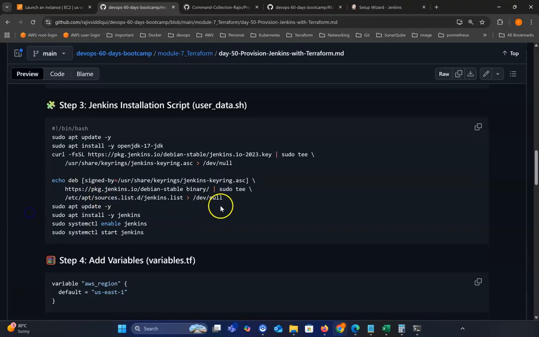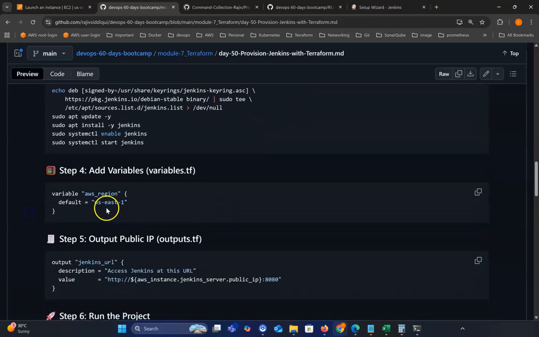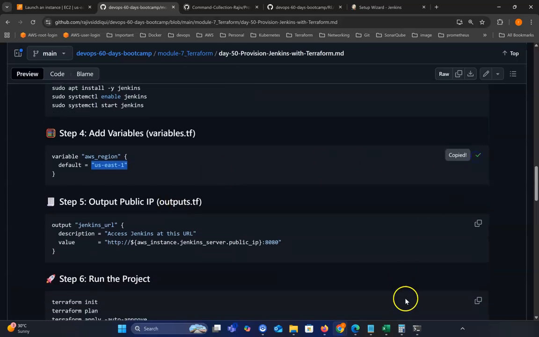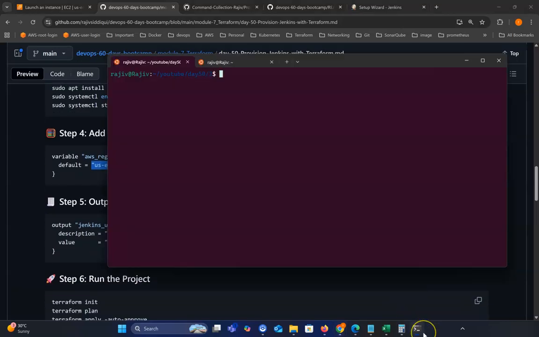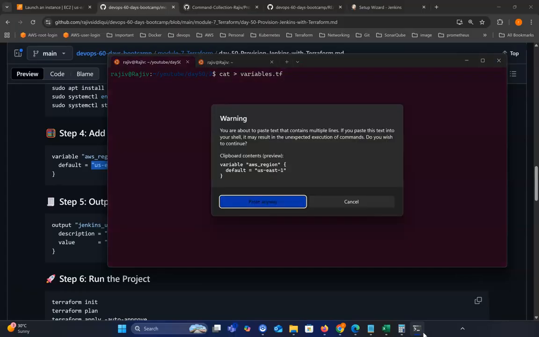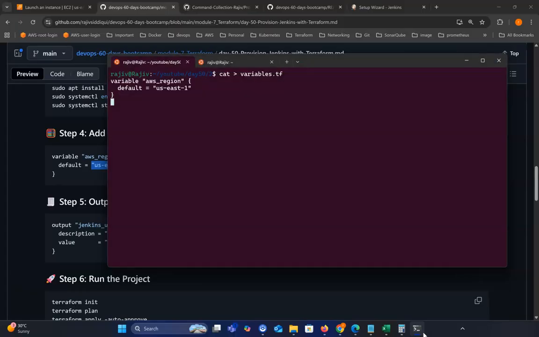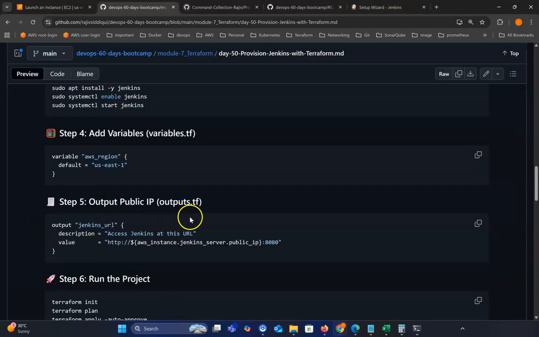Now we will add the variable, same way as we added the variable for AWS region, and by default we are using EC2. So variables.tf,